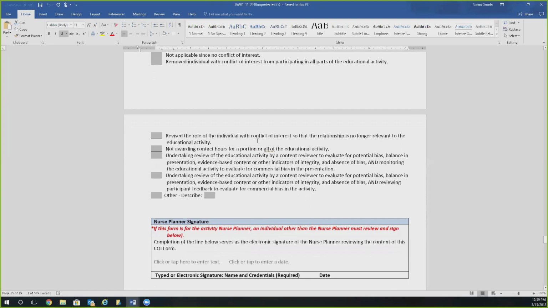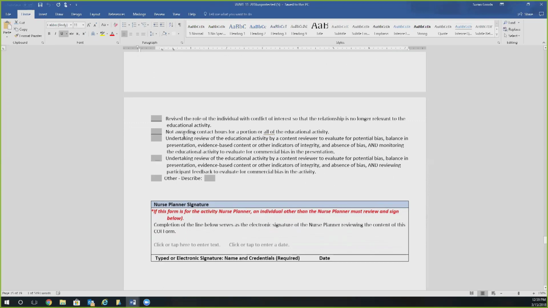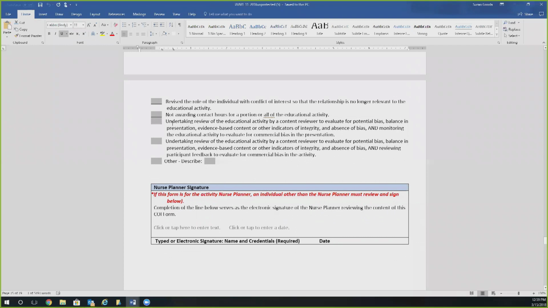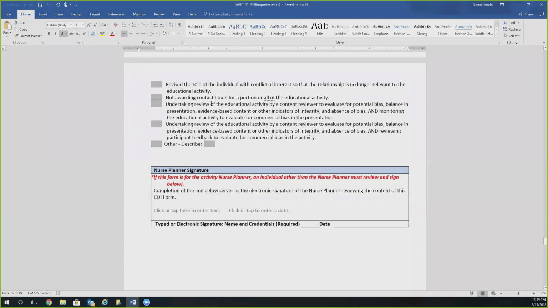You can revise their role so it's no longer relevant to the educational activity. Do not award credit for that component of the educational activity. You can review their educational material for bias and make sure that there's nothing, their slides can't show that I